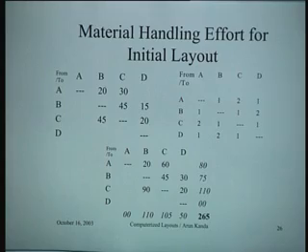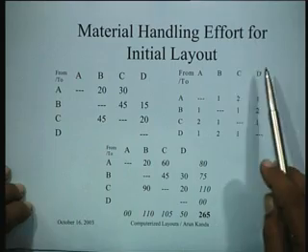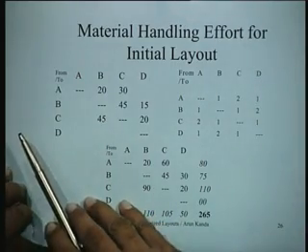So in essence, what we have done till now is evaluated the cost of the initial layout. We have an initial layout which is an input to the package. We have determined the load, and the multiplication of the load and the unit cost has given us the flow matrix. The flow matrix and the distance matrix has given me the material handling effort, and it can be used for this determination here. So here we have seen how the material handling effort for the initial layout can be calculated.